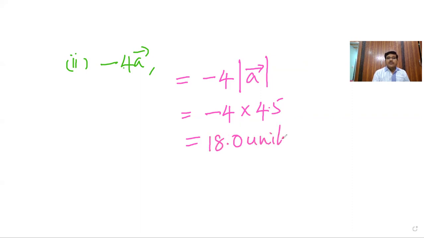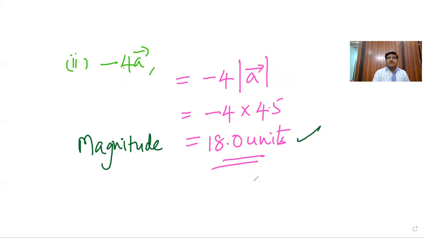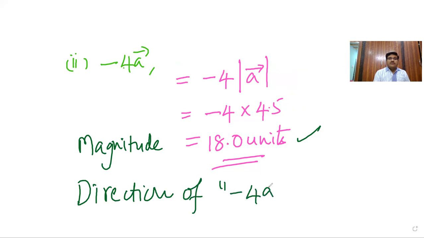It is 18 units. So magnitude cannot be negative. It is always positive. But we are multiplying with a negative number. The negative shows the direction. This is magnitude, modulus. Always magnitude is modulus. And this direction of minus 4A bar is, since it is minus,